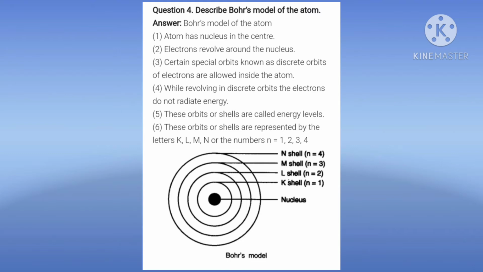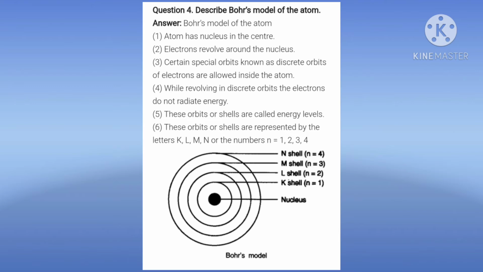And there is also one rule to fill the electrons of an atom in different shells, and the answer is 2n square, where n may be 1, 2, 3, 4. In the K shell, 2n square is 2 into 1 square, that is 2 into 1, which is 2. So in the K shell 2 electrons can be arranged. After that, in the L shell n is equal to 2, so 2 into 2 square, that is 2 into 4, which is 8. So in the L shell 8 electrons can be fixed, not more than that, maybe 8 or less than 8.